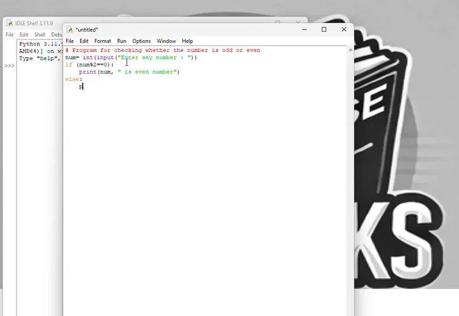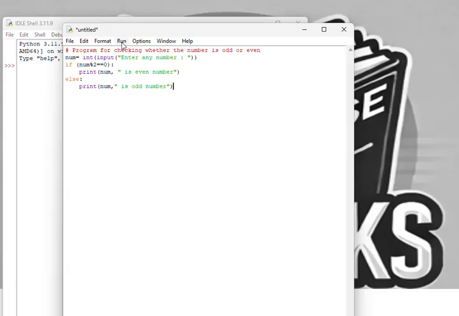So else print num comma, you may give space in between so that it will be more readable, otherwise it will be very close to each other and will not be readable properly. So num comma is odd number, parenthesis closed.